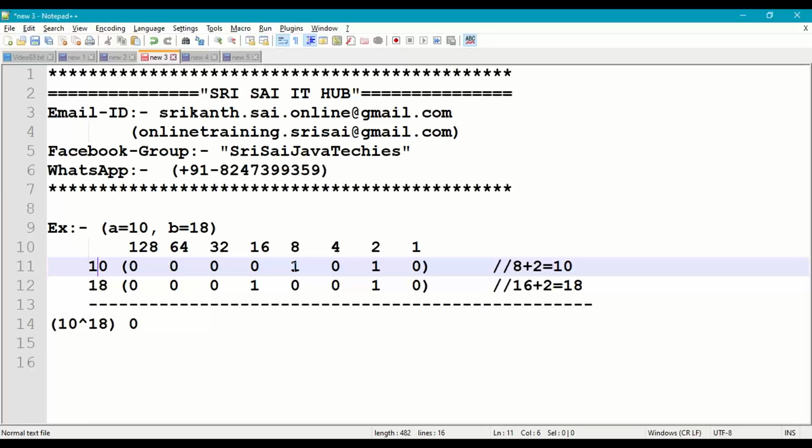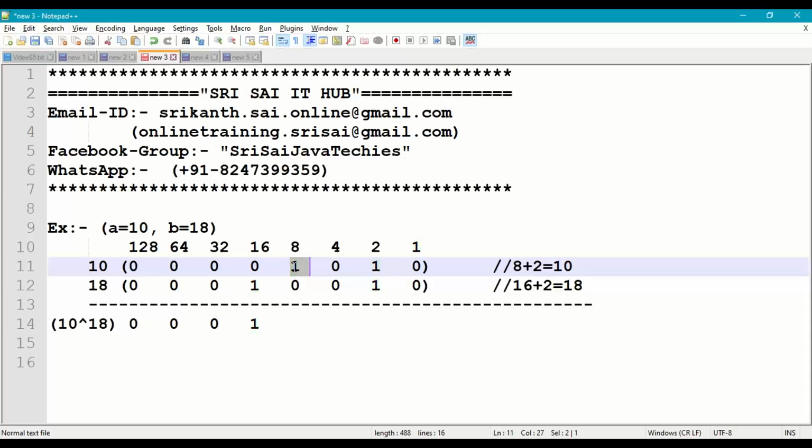Next, 0 and 0, both are same, so the result is 0. Next, 0 0, both the bits are same, the answer is 0. 0 1, either of the bits are different, so the answer is 1.